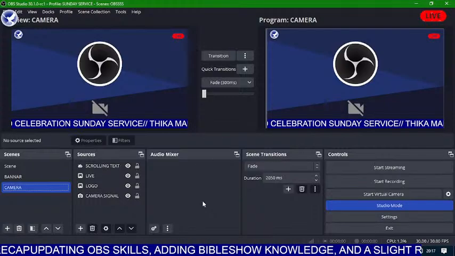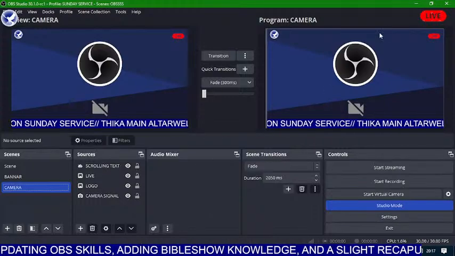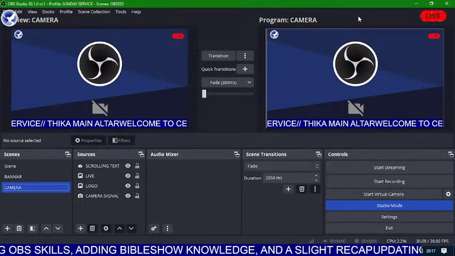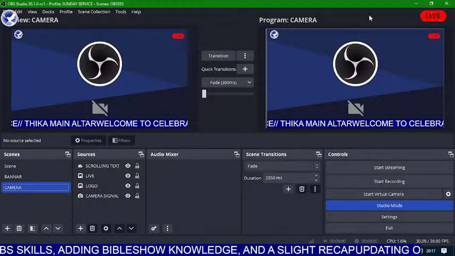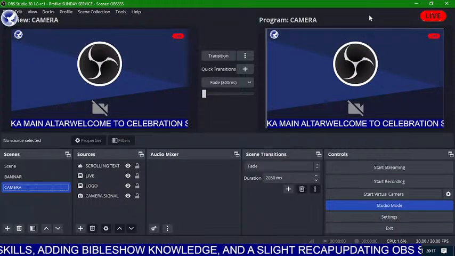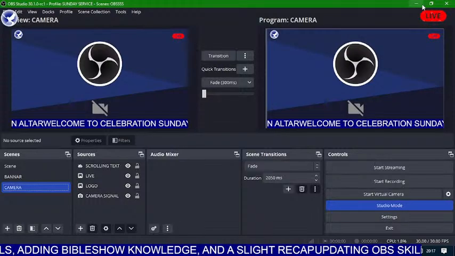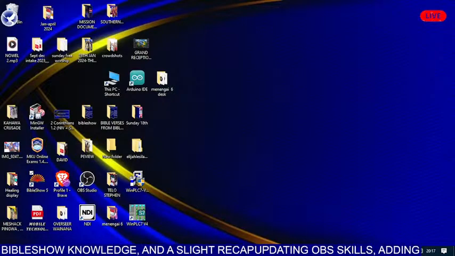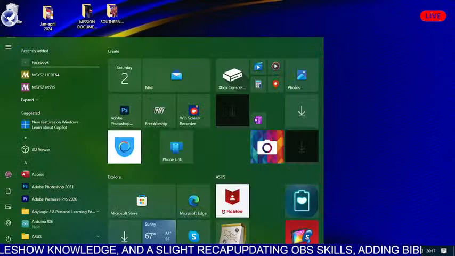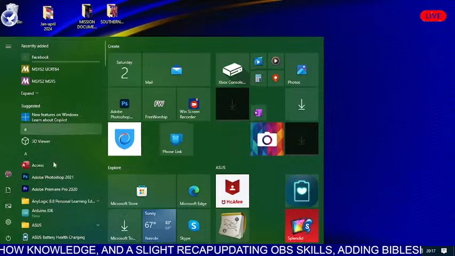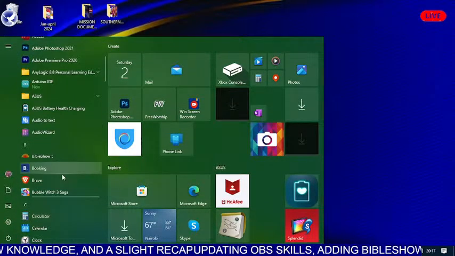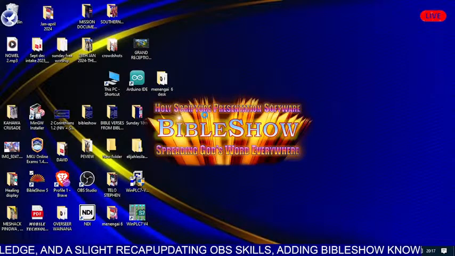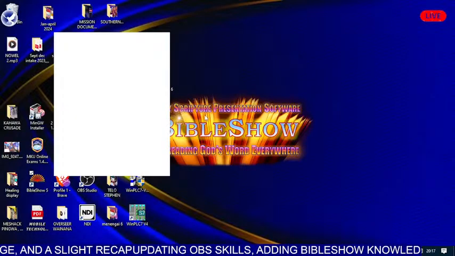So let me believe now we are now set to run the service. But sasa nataka kuongeza the Bible show. So it is very simple. Since we have installed everything, you have done installation. Let's say it is in our laptops, because I know we'll have to install in our laptops there. So it is very simple. You just come here, you go to Bible show, you click to launch it. Once it has opened,